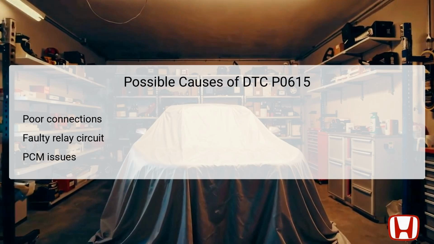There are several possible causes for the DTC P0615 error code. One major cause is poor connections within the wiring harness, which can lead to intermittent faults and disrupt the relay's operation. If the relay circuit is faulty or damaged, this will also impede the function of the starter motor, preventing